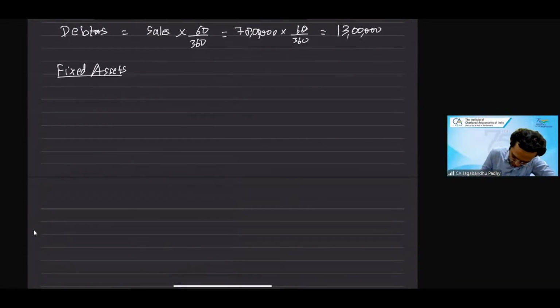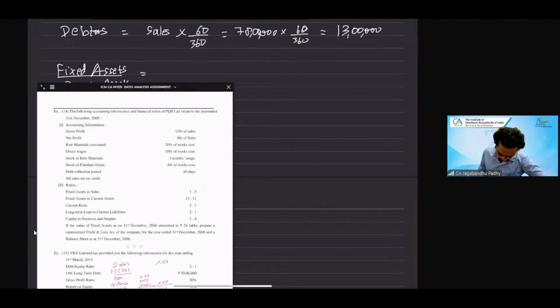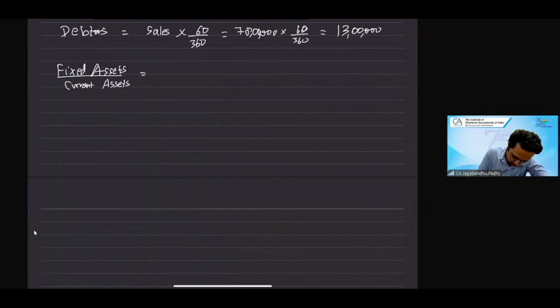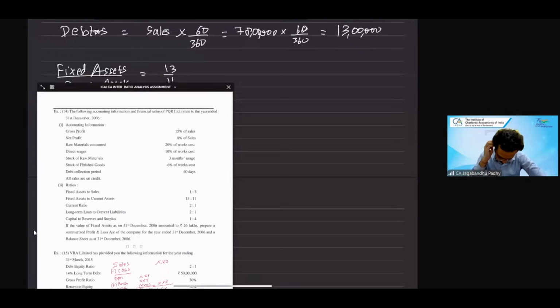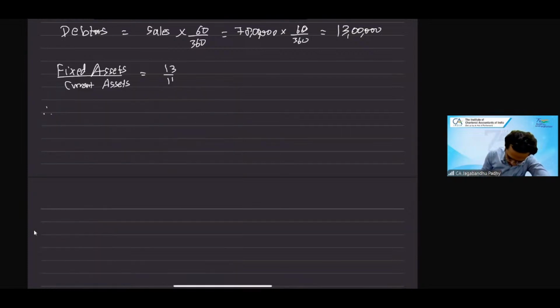Fixed assets to current assets, it is 13:11. So what is the value of fixed assets? Fixed asset is 26 lakh, right? Fixed asset 26 lakh is given. So this is 26 lakh upon current assets is 13/11. So of course this will give us a value of current assets to be equal to